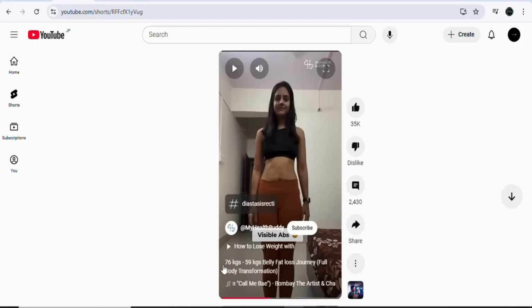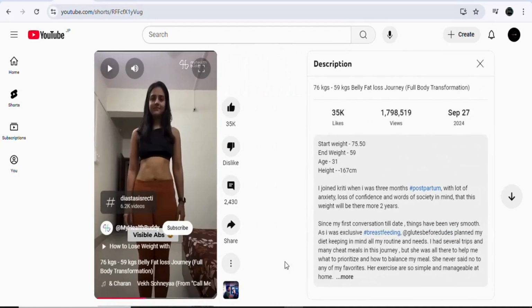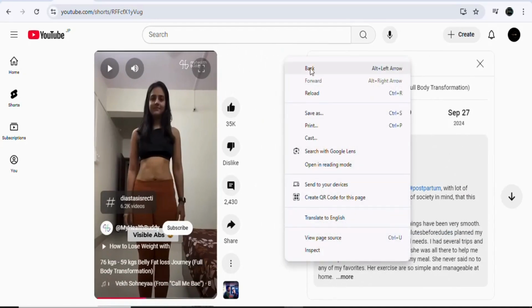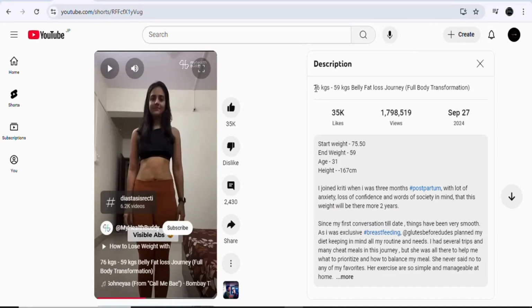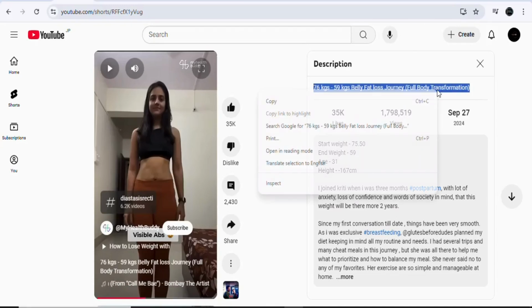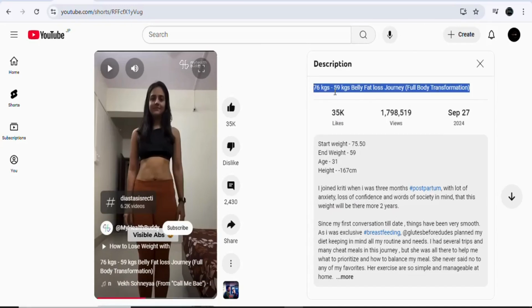Okay, so once you open the video like this, we can copy the title of the video. Let's highlight and copy it. This is the title of the video. You can see it right here. Once you copy the title, this is where you can use Deepseek to write a script